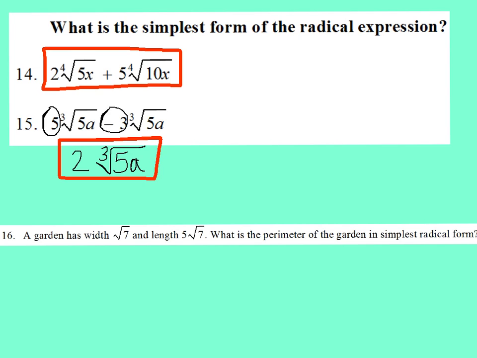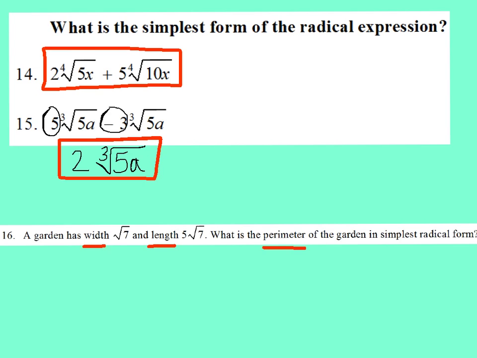Looking at number 16, it says a garden has width of the square root of 7 and length 5 square roots of 7. What is the perimeter of the garden in simplest radical form? Well, this is just perimeter, and I guess we're to assume that this is a rectangular garden. I don't really see any proof of that, but that's the assumption I'm going to make since it says width and length. So to find the perimeter, I'm just going to add up the width and the length,